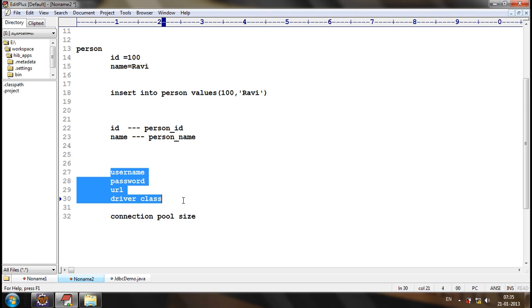All these things should be provided, but all these things can be configurable in case of Hibernate. We configure all these details in an XML file. Okay, now